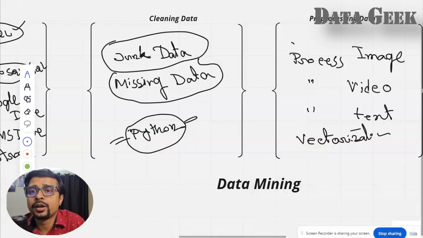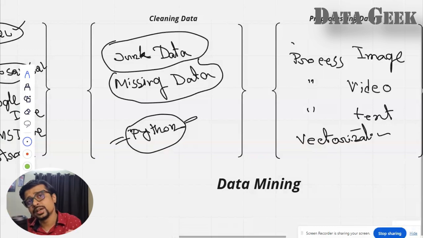Some of the terminology has been taken from real-life examples. Suppose you are working with coal. What is the first thing you need to do? You need to mine the coal, right? After mining, you need to clean up the coal, because you cannot use raw coal. After that, you do some processing, and after that some other things. Then only can you launch the coal into the market. Data mining is the same thing, but for data.